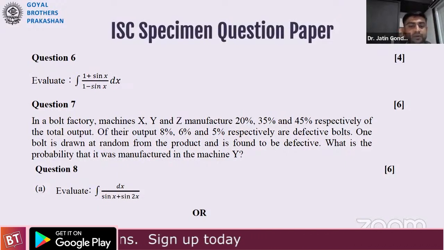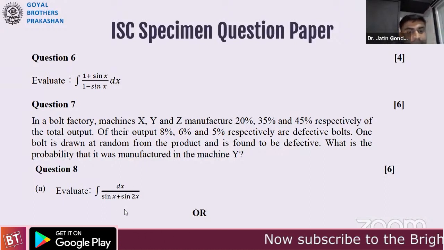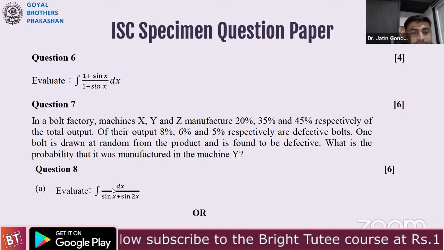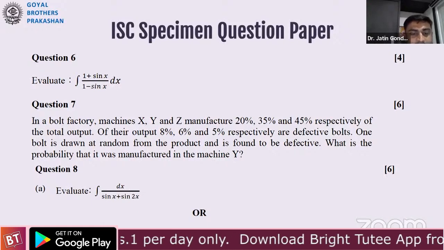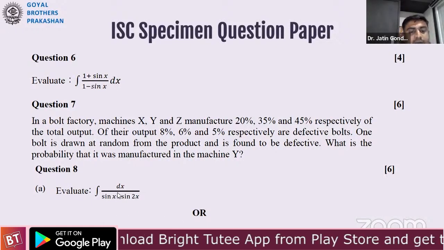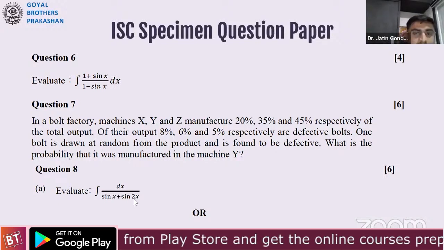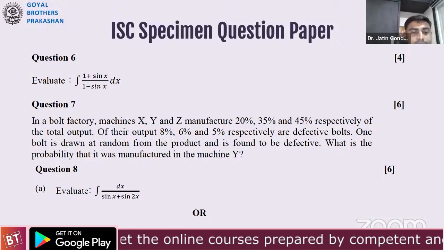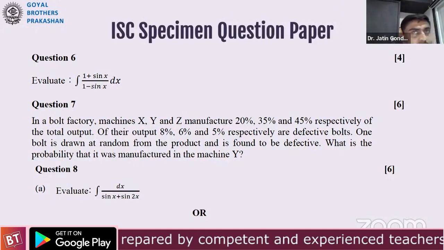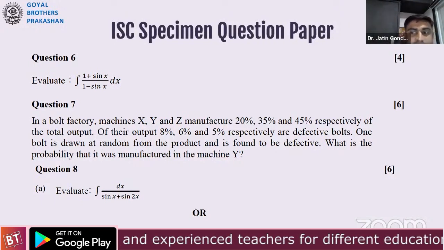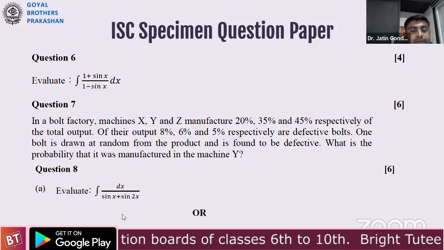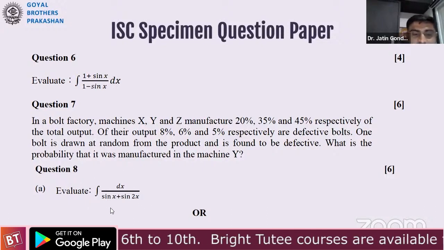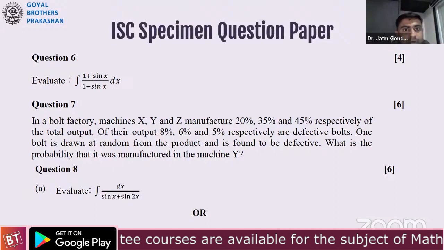Question 8 is also a 6 marks question with internal option. One thing I want to clear is that here they have given an option of a question from indefinite integral and here it is from a definite integral. It is not like that; in the final paper it can be like this, but it is not compulsory. Both can be from indefinite or both can be from definite. It is not like that in 6 marks questions, that if we prepare only indefinite, then we can cover the marks. This is a prescribed specimen question paper.